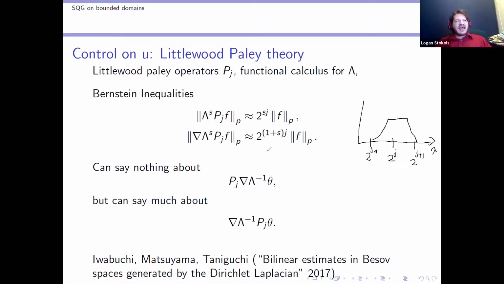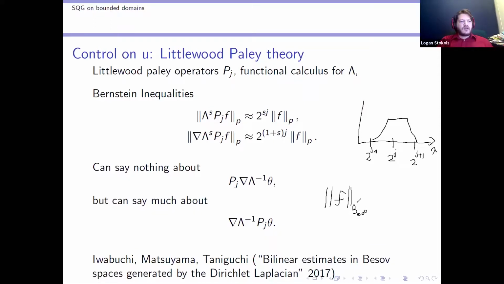Now, the downside is that in R2, everything commutes. The gradient, the fractional Laplacian, and the Littlewood-Paley operator, they all commute. That is not true here. So remember, the actual, so if you want to look at